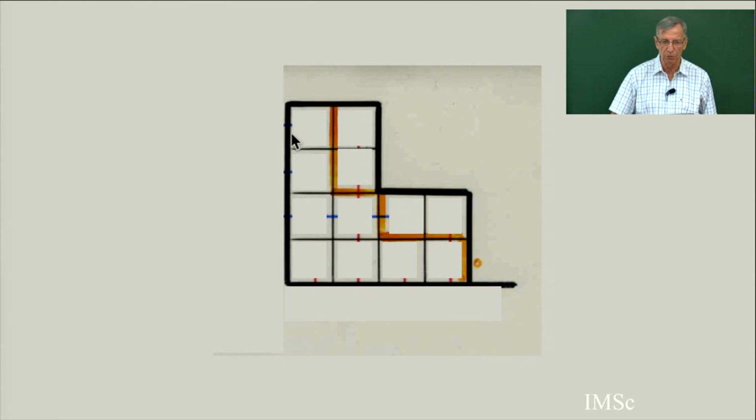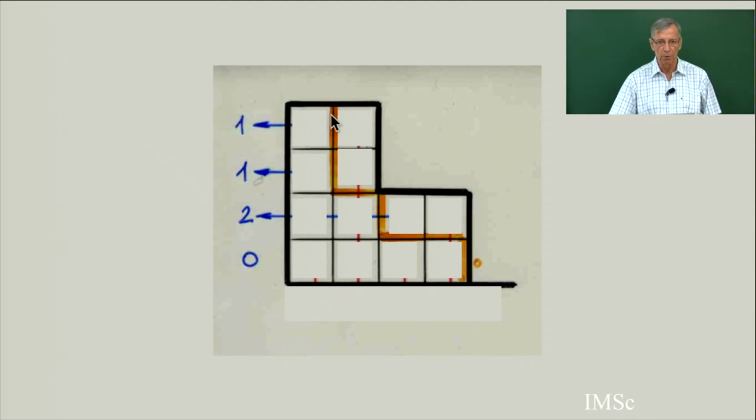So here is a pair of two paths. The yellow is below the border of the Ferrers diagram. So I just put the blue number as the distance between the vertical edges of this yellow path and the vertical edges of the Ferrers diagram. So 1, 1, 2, and 0.